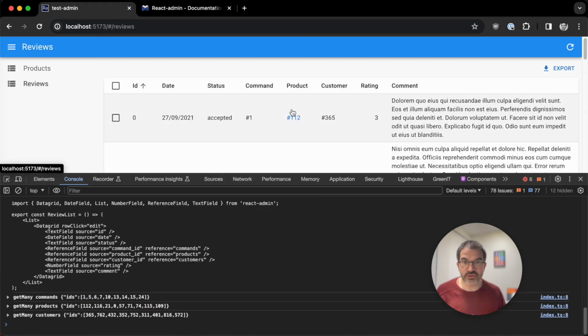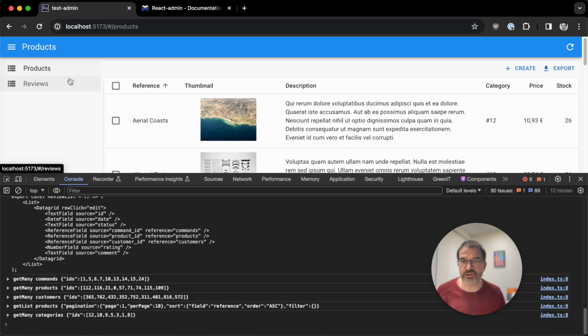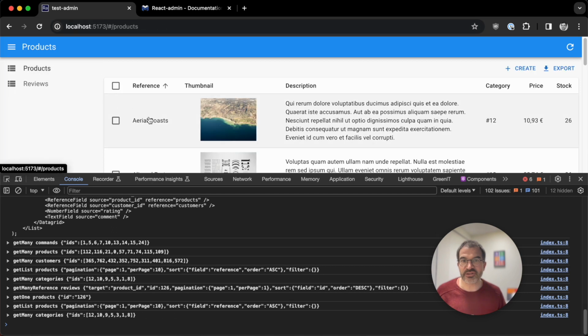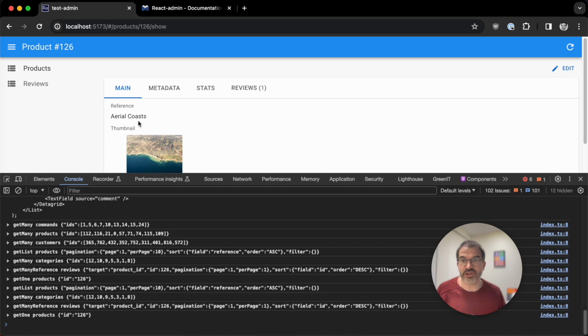The list of reviews shows the associated product with each review, but it only shows its ID. That's not very convenient. Products here have an ID. When I click on it, I see that it's ID 126, but it's not the way this tool represents the record. The normal representation for a product is its reference.